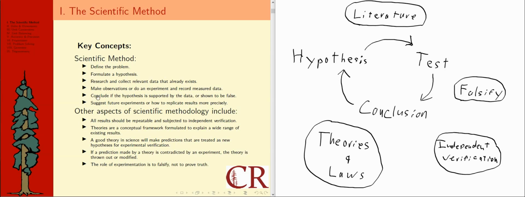Then the last step here says to suggest future experiments or how to replicate results more precisely. In real science papers, commonly there is a conclusion or discussion section of the paper, and that roughly represents this. There are different ways you could describe this, and sometimes a discussion might go beyond even what this says, but generally speaking, it's going to be about this kind of stuff, suggesting what the future is, and sometimes broader conclusions we can draw come into it. I've put down here though